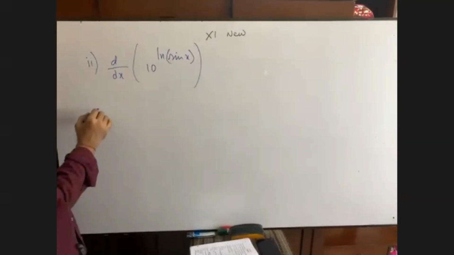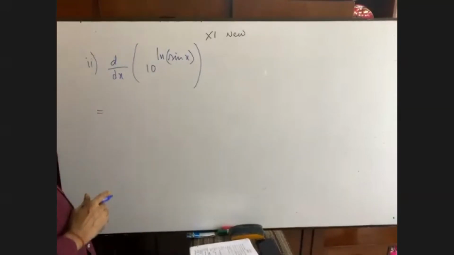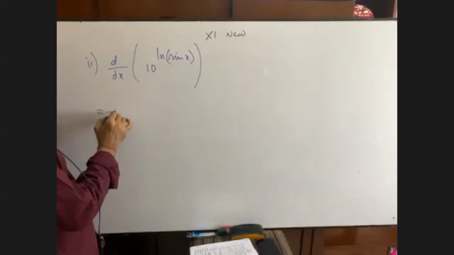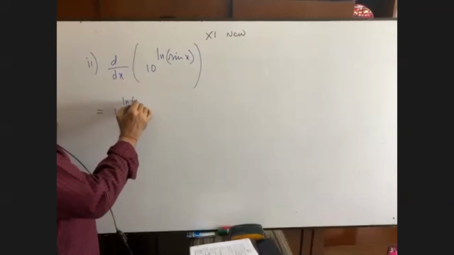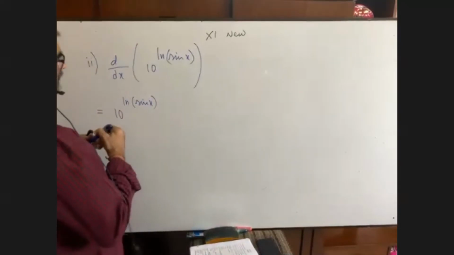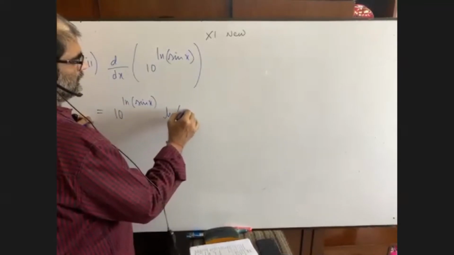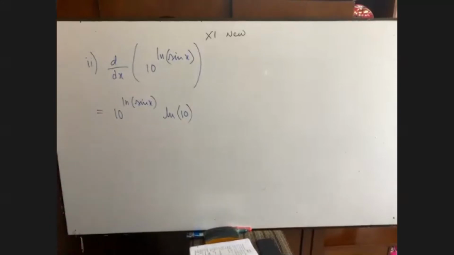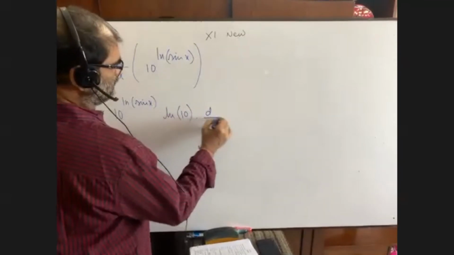Let me know. Here 10 is to be considered as a, that is a to the power x. Let me know, a to the power x is what? There will be ln a, right? So a to the power x ln a dot d by dx